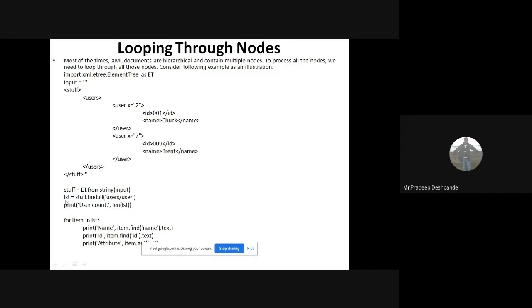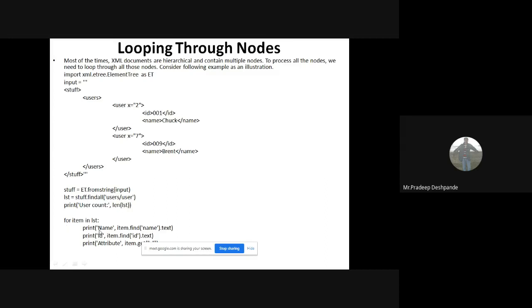Then we are using lst as one variable: stuff.findall('users/user'). What this function does is find all the nodes with the name users or user. Then it will print the count of this list: user count equals the length of lst.